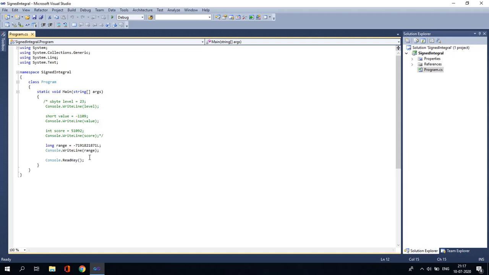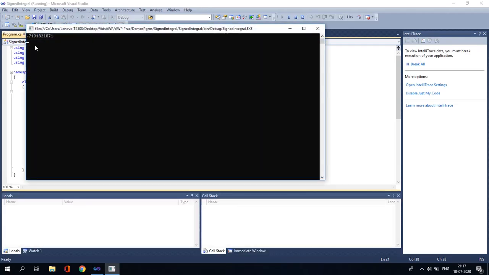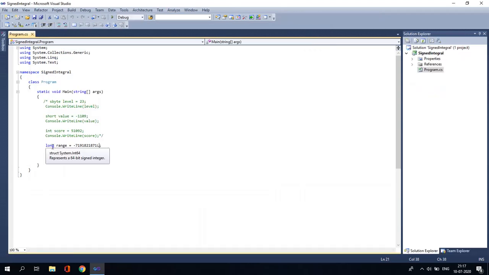First we will look at long range. If I am going to declare a variable of long data type, I have to mention a capital L or small l after the value. This capital L or small l represents that it is of data type long. So I have introduced a range variable with a given value, and then I am printing that. It is going to display the value you have inserted, not the capital L or small l. The best practice is to write capital L in front of a long value.